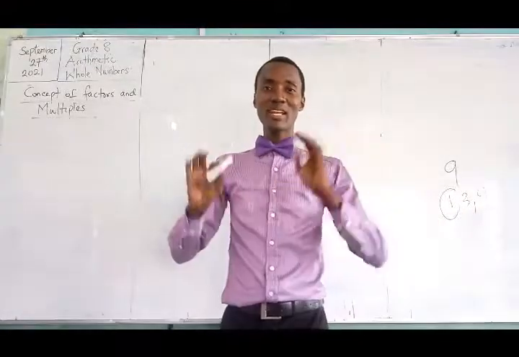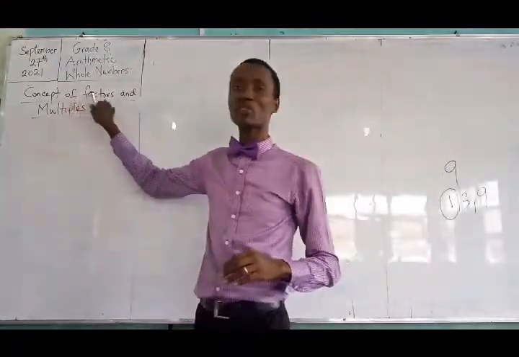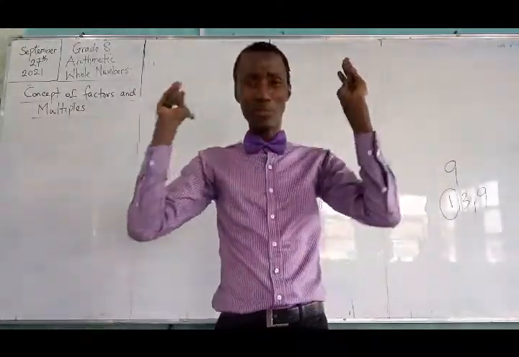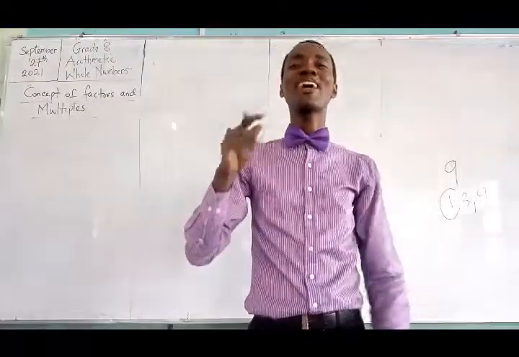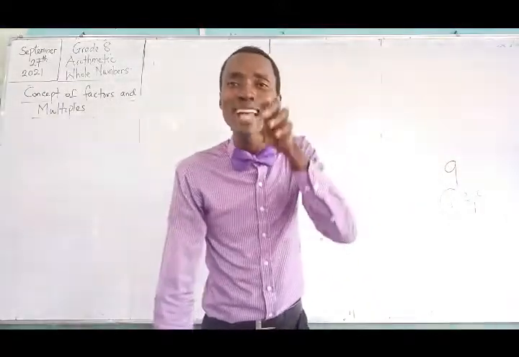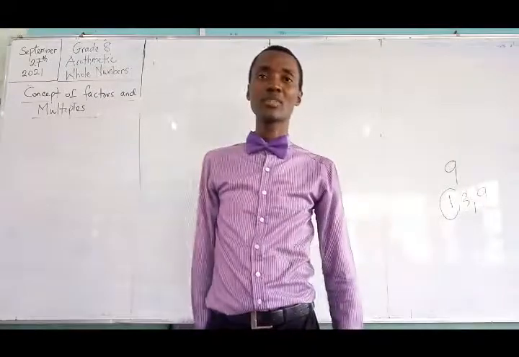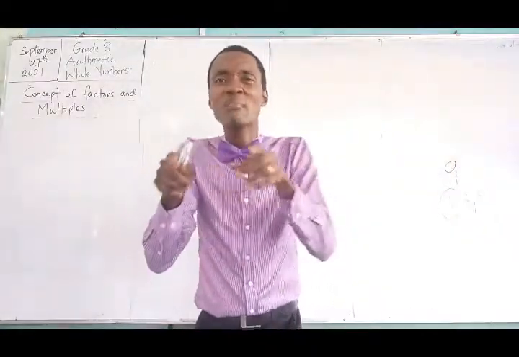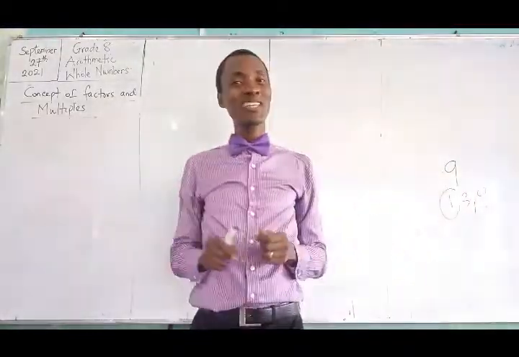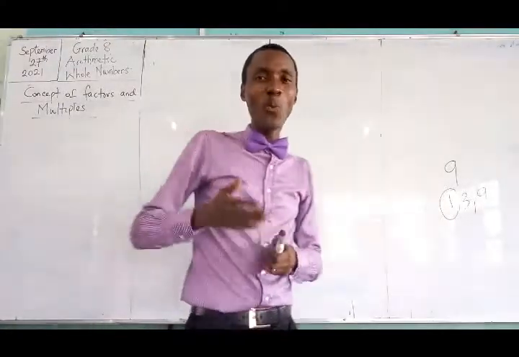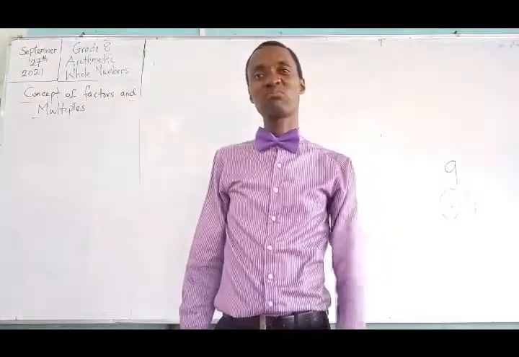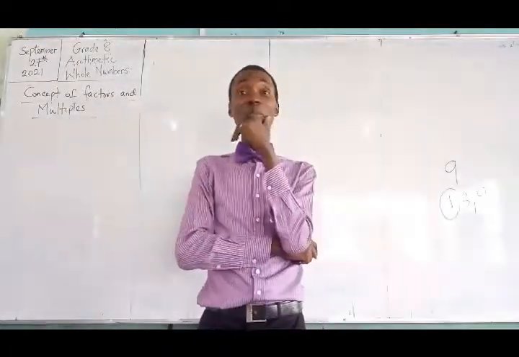Okay, we will go in to look at the last concept for today. Borders around factors and multiples. There are lots of things people say, factors this, multiples this, but I'm going to give you a very simple one. A factor carries out the assignment of dividing. A multiple, as the name implies, means to build up, multiply. So when I multiply factors, what I obtain is a multiple. When I break multiples, what I obtain is a factor or factors. That's it. It's not more than that.